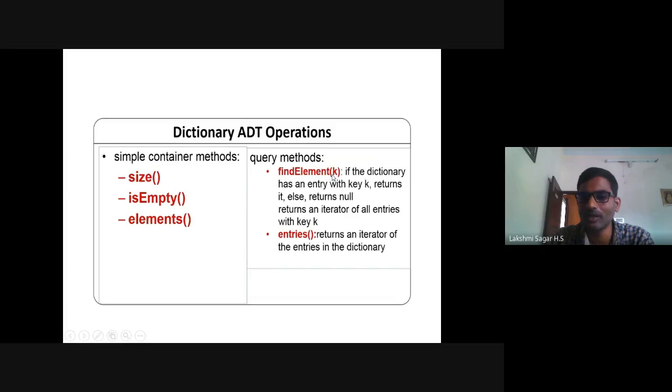Find element with key k: if the dictionary has an entry with key k, it returns it, else it returns null. It returns the value associated with that key, otherwise null. Next, entries: all the entries in the dictionary can be read using this keyword.